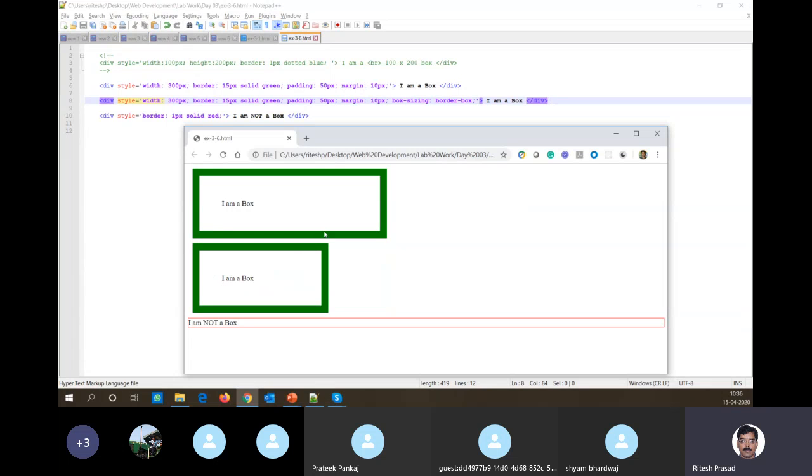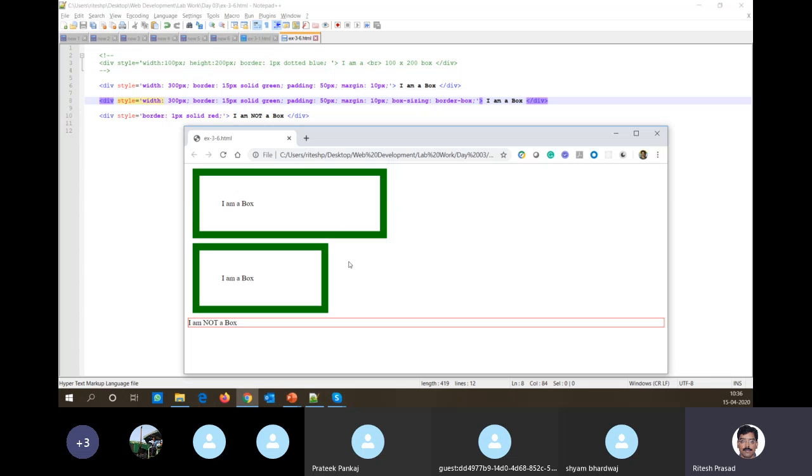Content is created, but here you see something extra. How is that happening? This is because of 50 plus 50 for padding and 15 plus 15 for border. That is going extra in the first box, right? Margin is still 10px, so that is counted outside. So this width to this width that you see here is actually what? It is